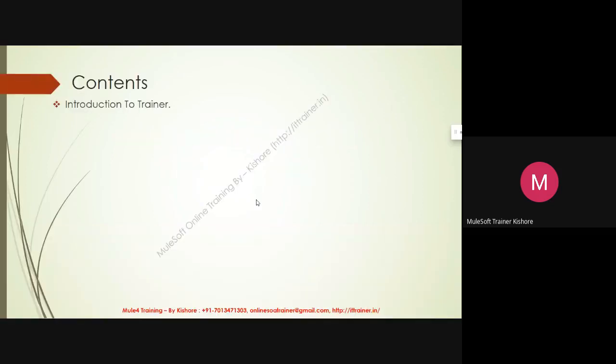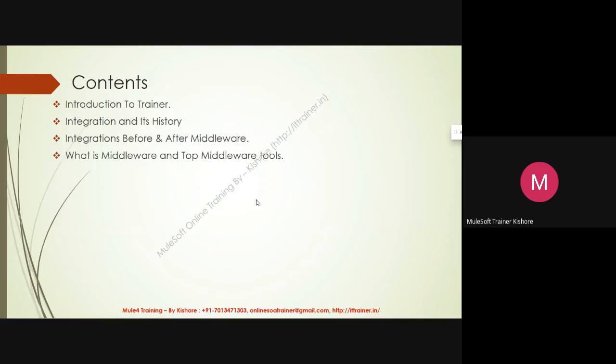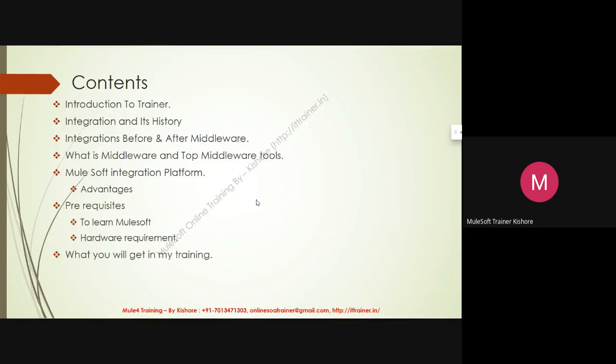So the contents: introduction about the trainer, integration and its history, before and after middleware, how the integrations are, what is middleware, and what are the top middleware tools available in the market. Of these, the first 3 points are common for any middleware tool that you are going to explore. But after that, it's a junction point. We'll specifically start dealing with MuleSoft as an integration platform, advantages of MuleSoft, prerequisites to learn MuleSoft, hardware requirements for MuleSoft, and finally, what you will get in my training, and how to choose a trainer